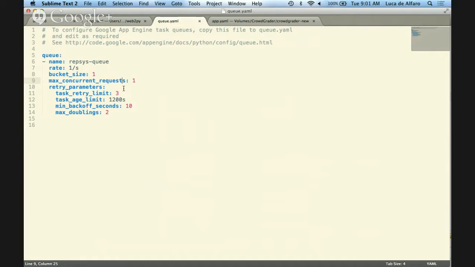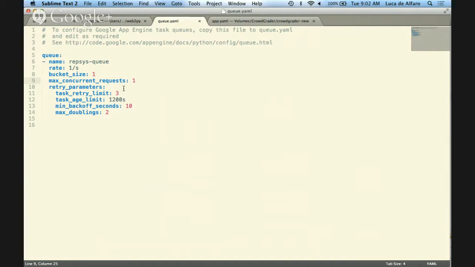So you would have two choices. One is to process the images as they come in, and then the number of machines you have spun up will vary during the day and during the hour according to how much traffic there is. Fine, that's one way of doing it. Another possible way of doing it is this. You decide, look, I don't want to pay for more than 20 machines at a time. So you set this maximum concurrent requests to, say, 20. And then you have at most 20 machines in parallel running your image analysis.